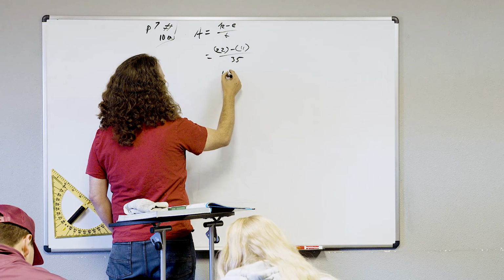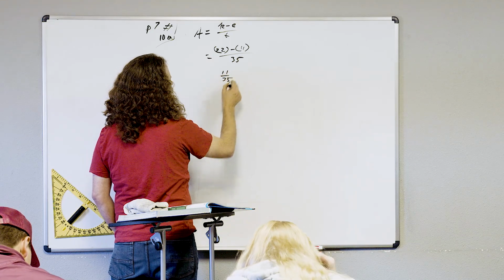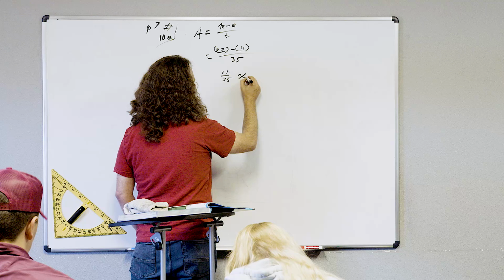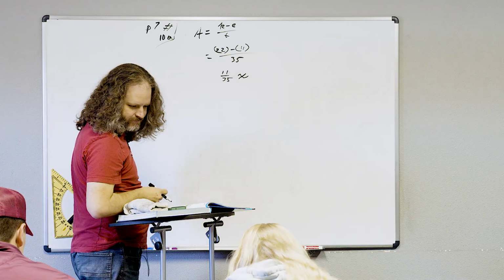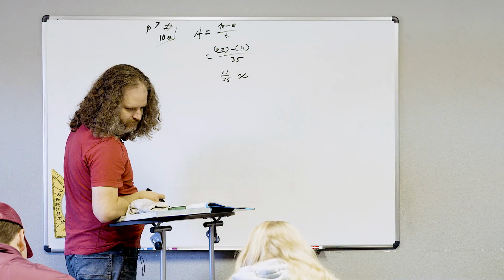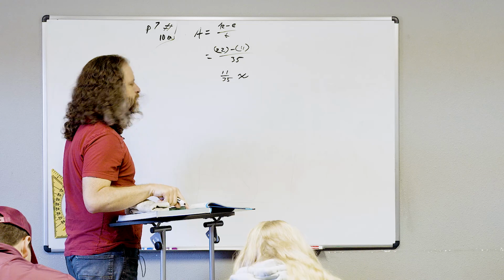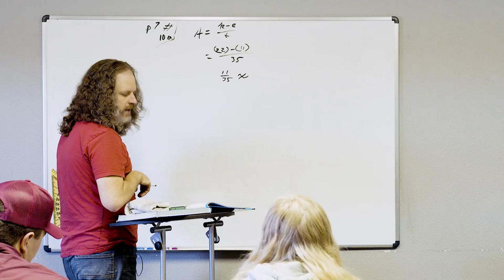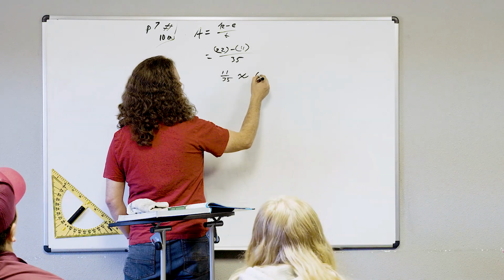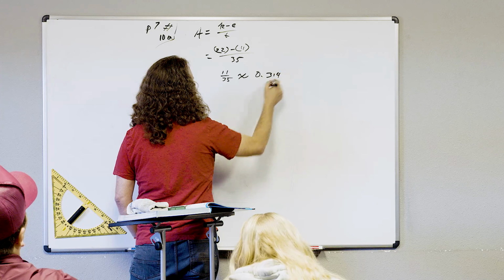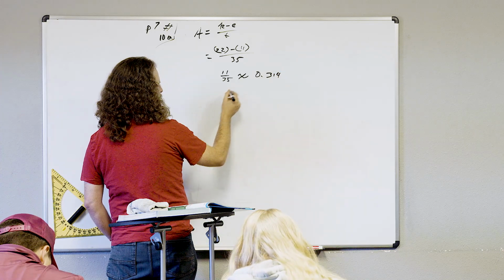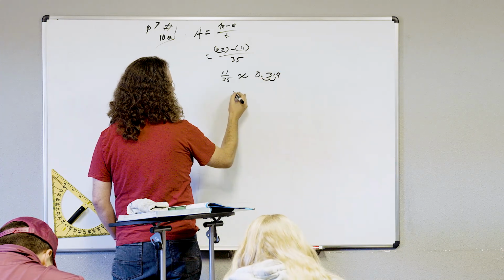So we'd get 11/35, and then we would find a decimal for that. Because it asked specifically for the percentage, when we get the decimal, we get 0.314. We convert that to a percent by moving the decimal over twice and get